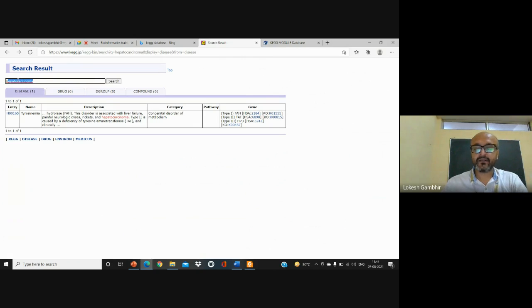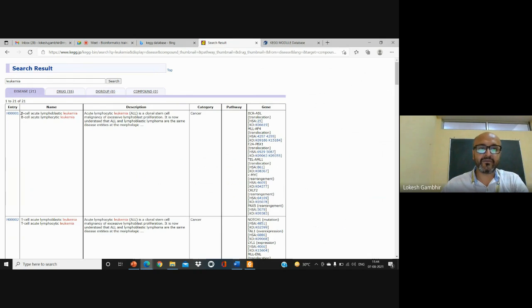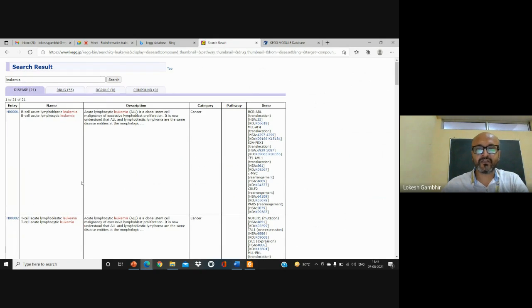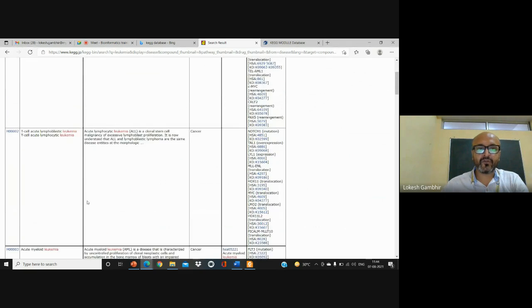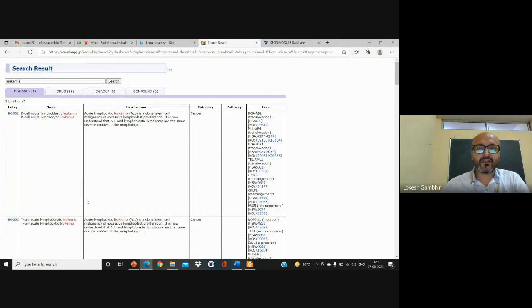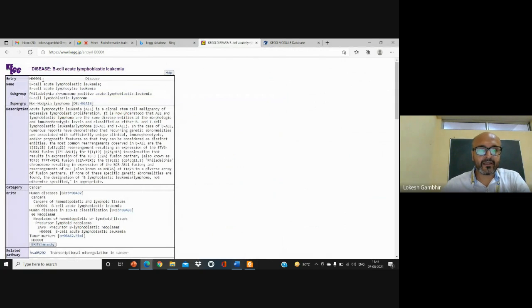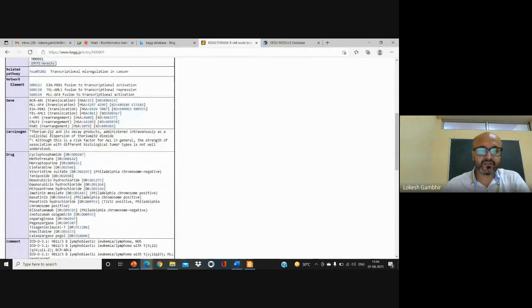Or if you write leukemia, you will get hits such as B cell leukemia, T cell leukemia, and acute myeloid leukemia. Suppose I am more interested in B cell lymphoma, I just open the entry and I get the complete information that I want.